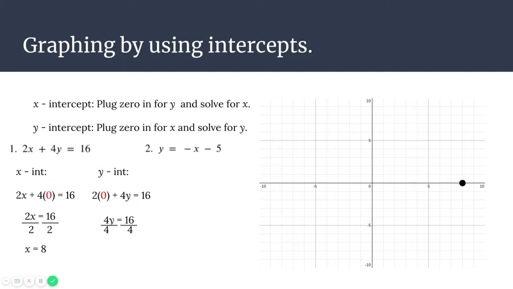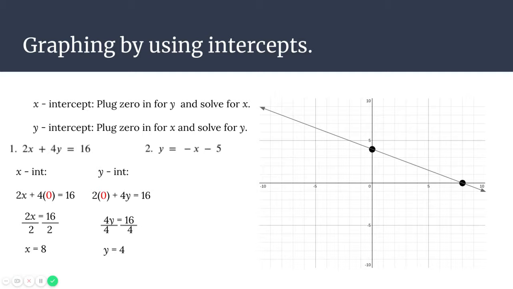Divide both sides by 4. And we have a y-intercept at positive 4. Go ahead and put my dot on 4 at the y-axis, and then you can draw a line through it. Now the thing with this is that when you do draw your line, you want to take up as much graph paper as possible